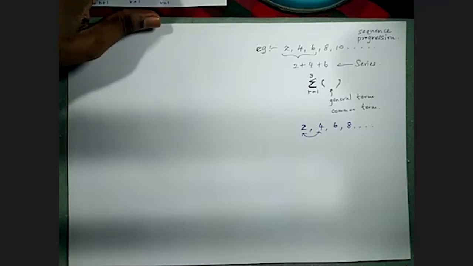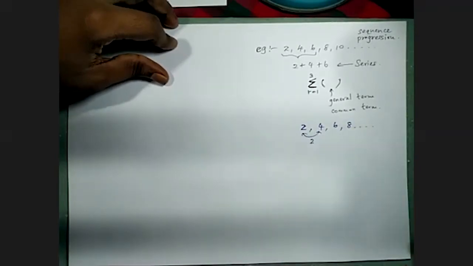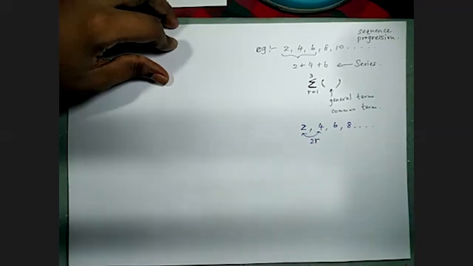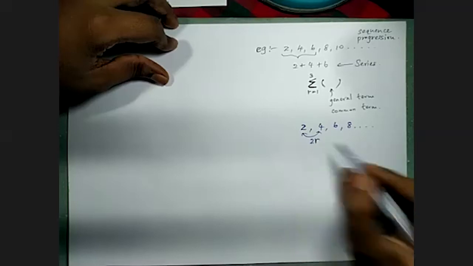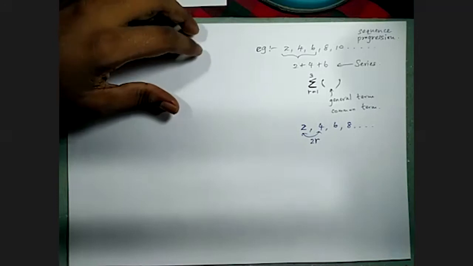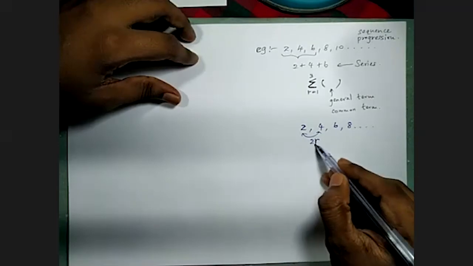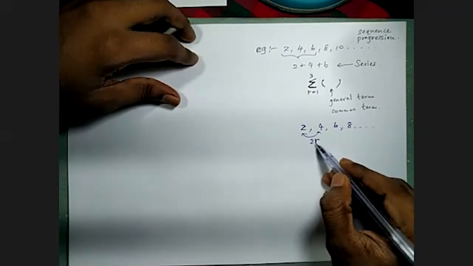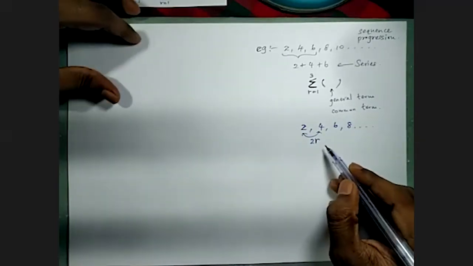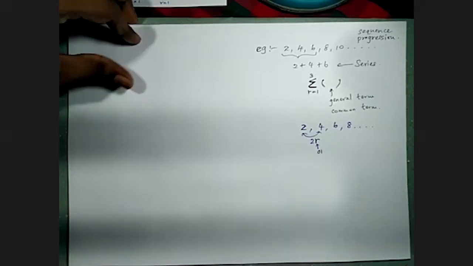The difference between 2 consecutive terms. So what is the difference? 2, subtract 2 from 4. Then you have to put r. Sometimes they put n, but in this chapter, in series, we have to put r. First take the common difference, then multiply that common difference by r. Then we can substitute 1 into this r and see whether we get the first term.